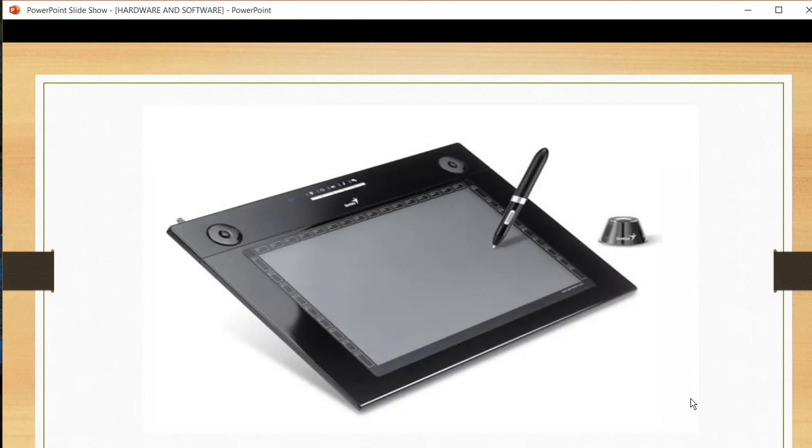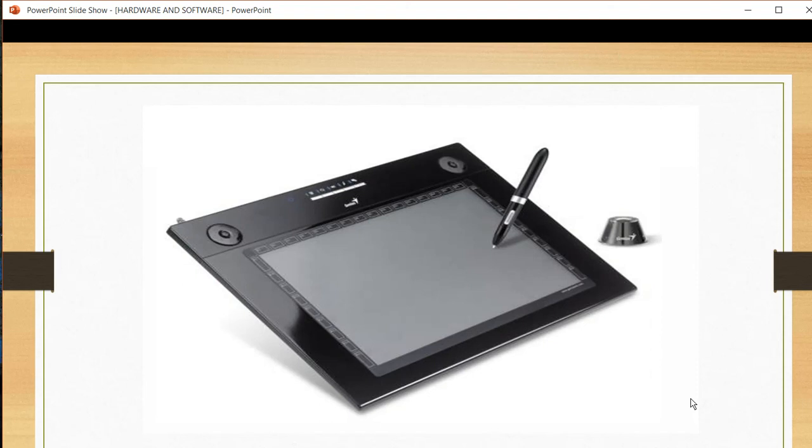Now, I am coming to the second one. Here you can see that one screen or pad is here, and on that pad you can see the pen. This pen is known as light pen. This is also an input device. What is the use of this light pen?